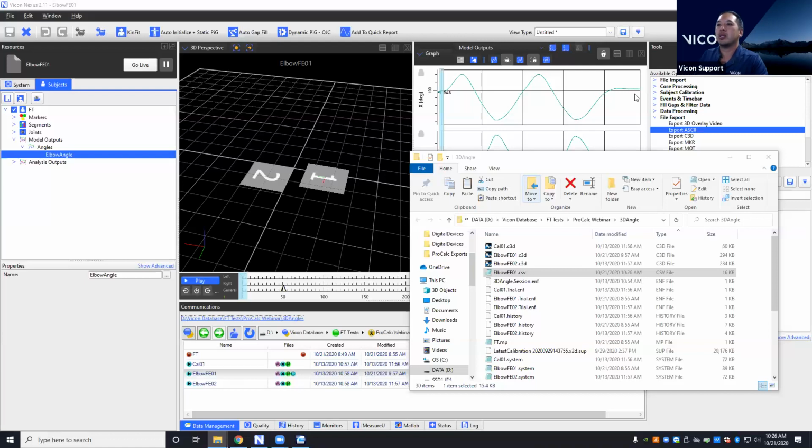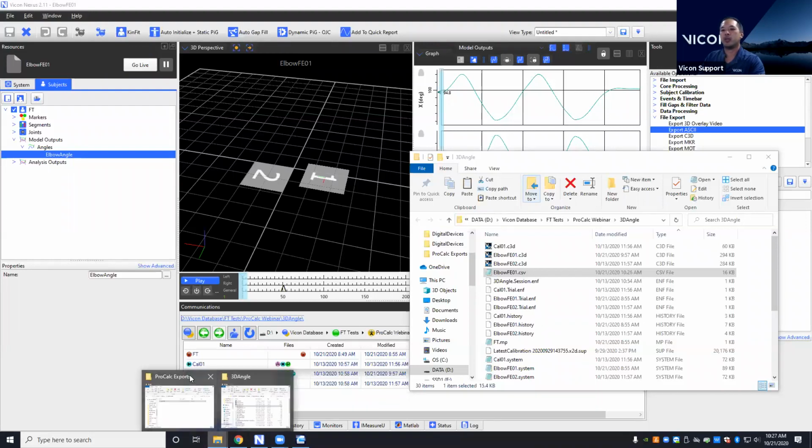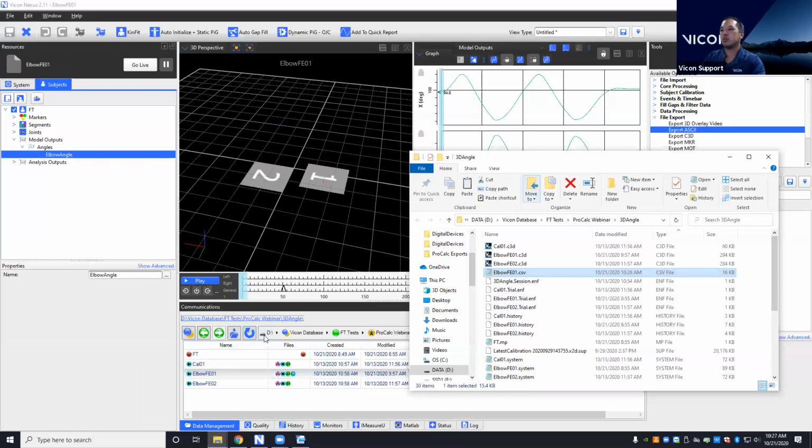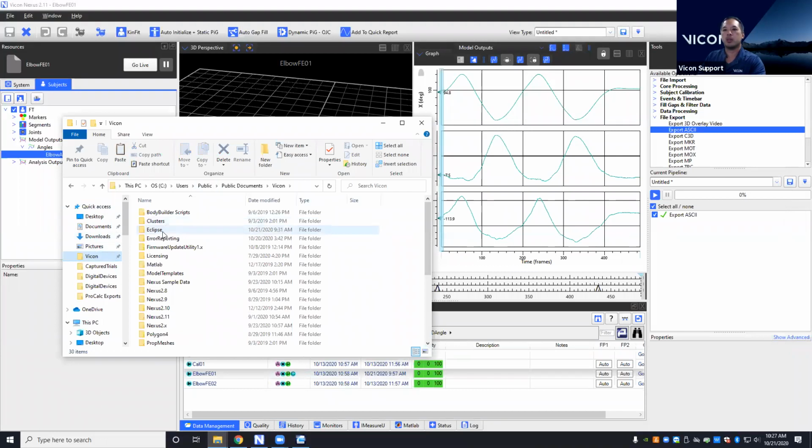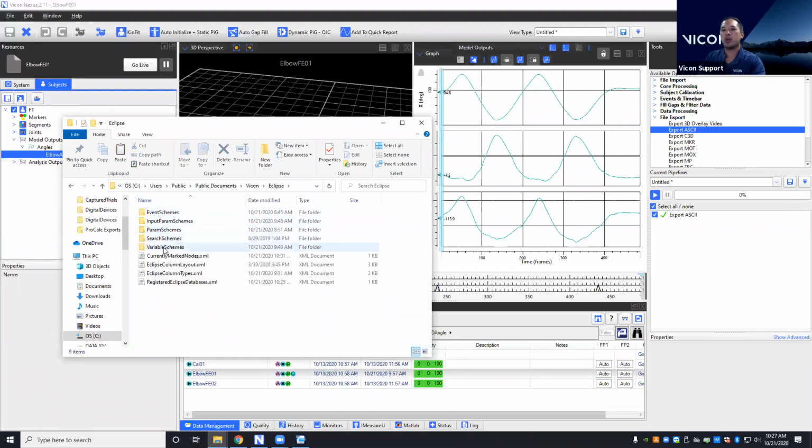Okay. Schemes can become quite complicated, hard to follow what's going on. There's usually a logical order to how things are done: create vectors, and then create angle between. Is it possible to enable a way of sorting in this programming order? Unfortunately, not within ProCalc. What you can do is within your, and I'll show you, and hopefully you can see this, this folder here. What you can do is within your Eclipse database, if you look at one of these variable